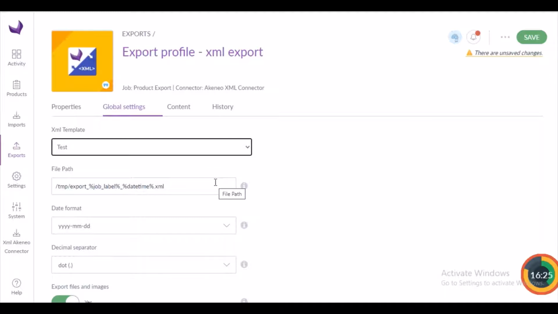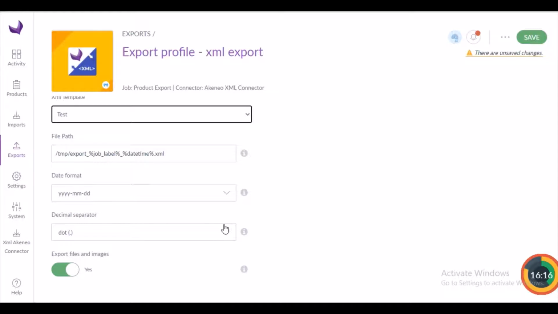Now here you need to enter the file path. You have to enter the file path in which the XML file will be exported. Now the date format and the decimal separator, and then the export files and images. So with this toggle button you can export files and images from Akeneo to CSV file, and so you just need to turn this toggle button. After that you need to save this configuration,